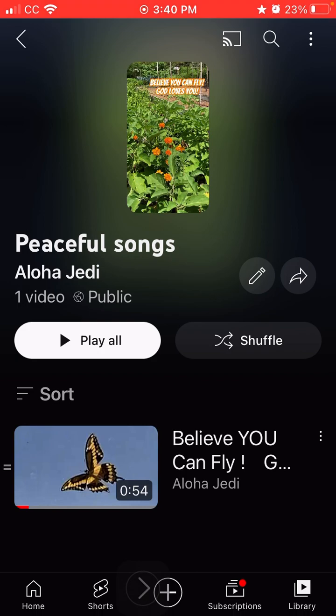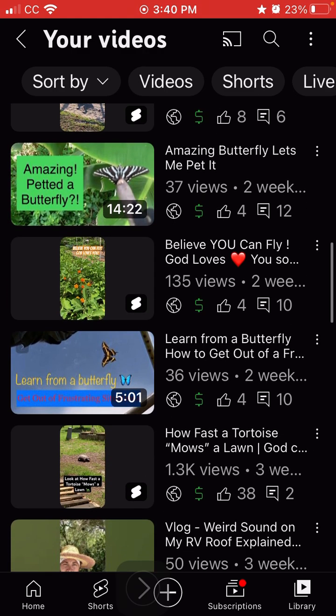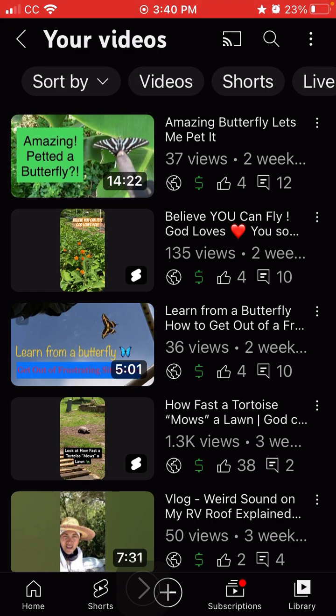So now if you want to add another thing in there, it doesn't make sense to have a playlist with one thing in there. So in the upper left hand corner there's a back arrow, so hit that and then pick the next video that you want in there. So let's say this one. Then you tap on the 3 dots on the right side,